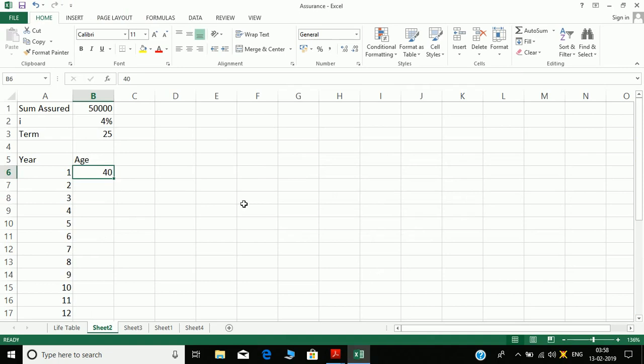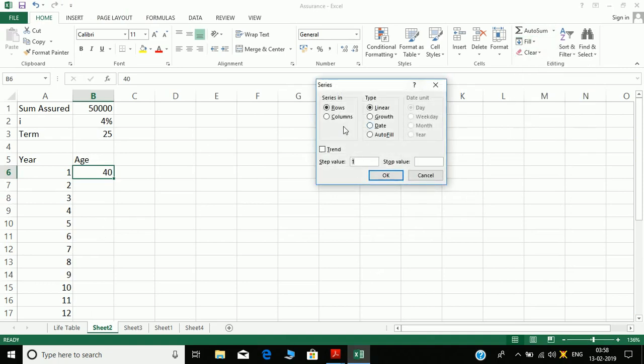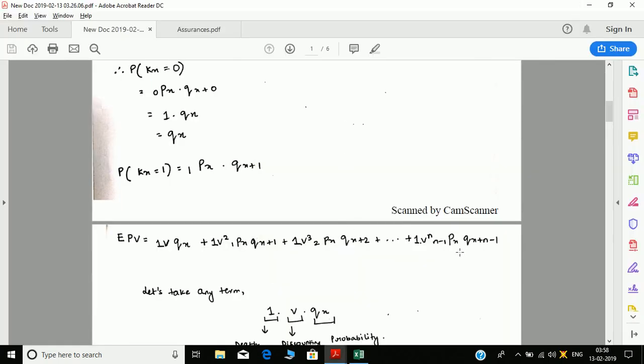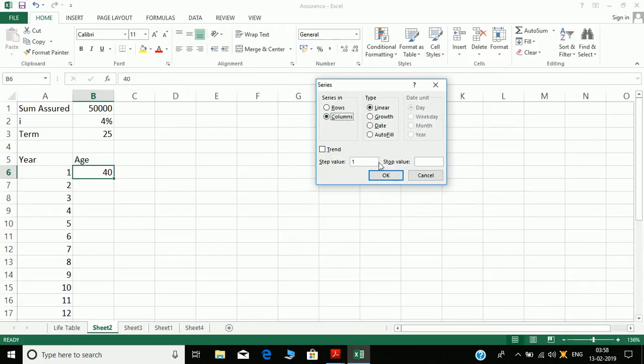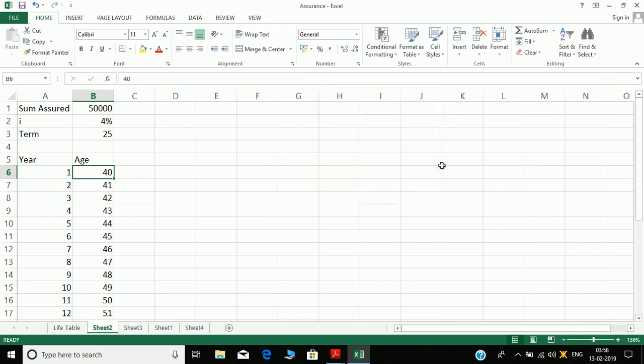Fill series, columns. It will go up to x plus n minus 1. So 40 plus 25 minus 1, that is 24. 40 plus 24, 64. So my stop value is nothing but 64.